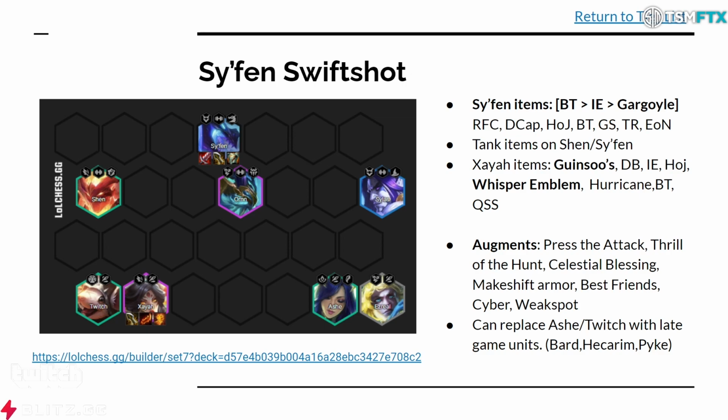The reason why you use Sy'fen is because he's cheaper than Shyvana, easier to 2-star, and also offers a lot of DPS as a tank, you know? And yeah, this is basically a budget Shyvana until you hit Shyvana. So, Sy'fen items you want BT, IE, Gargoyle, and side items are pretty much this: Gwynsuit, DB, IE, Hodge,